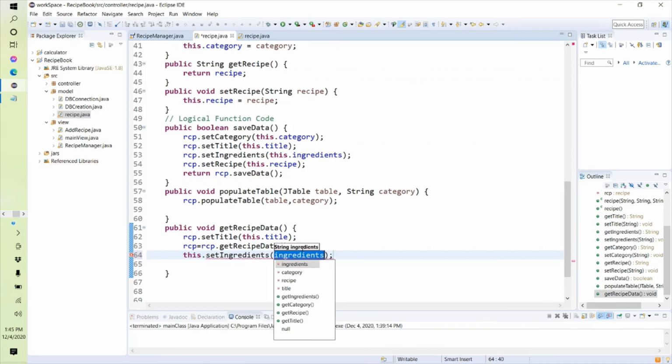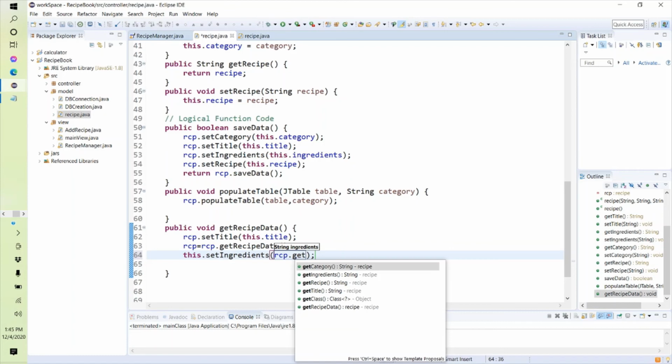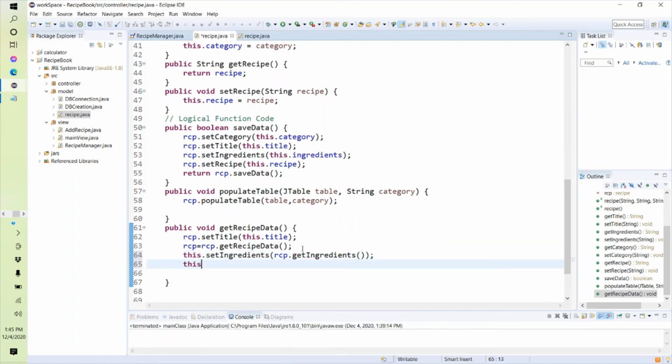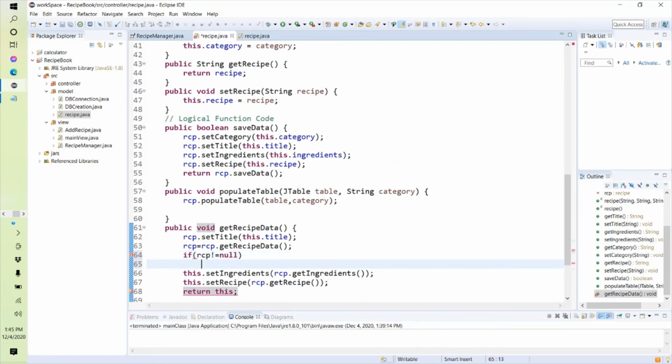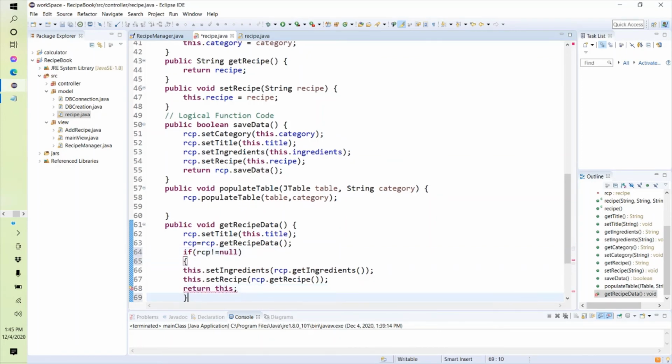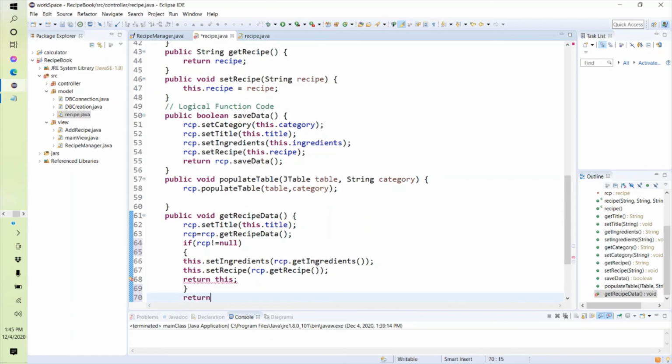So I will say this dot set ingredients to RCP dot get ingredients, and similarly this dot set recipe to RCP dot get recipe, and then I will simply say return this. But of course this all will happen if RCP has not returned me any null values. So I will say if RCP is not equals to null, then do all of this, otherwise return null. Of course we need to change its return type as well, so it will be recipe.